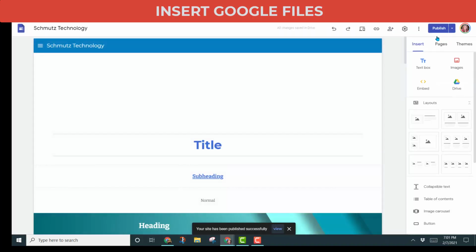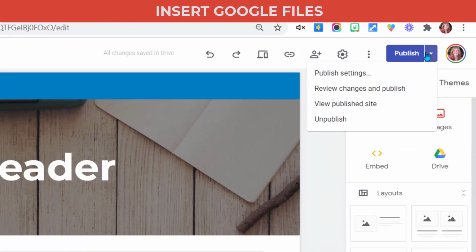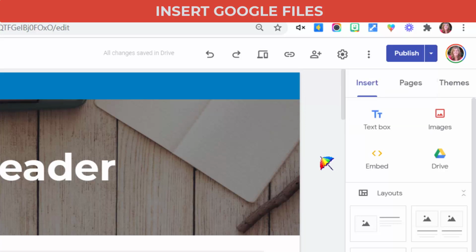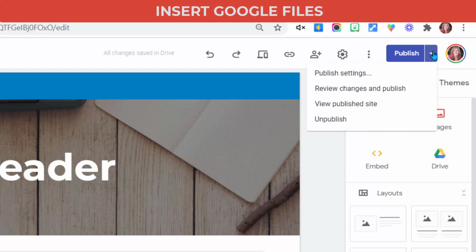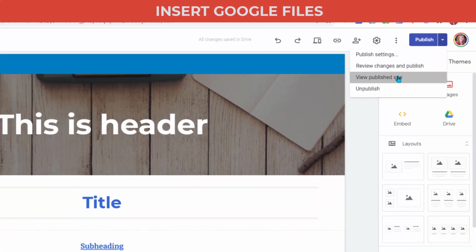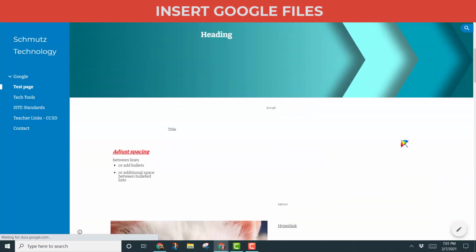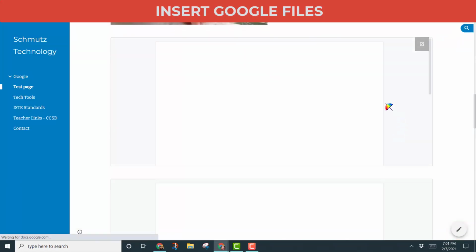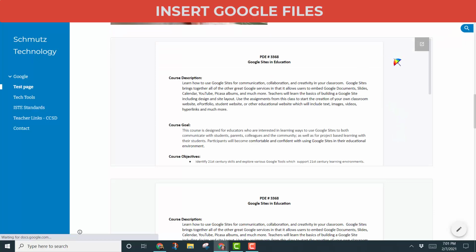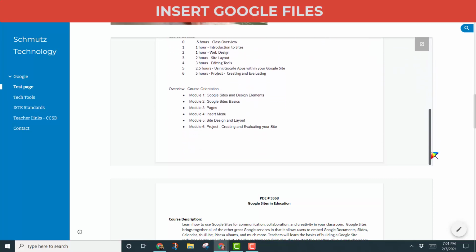The other thing you need to make sure that you check is that you check it in incognito mode, because you're the owner of these files, so you're definitely going to see them. So I'm going to come up here to publish, click on that little drop down arrow, click View Published Site, and let's look at the difference between these. So as I scroll down, this document here was the one that I did not increase the size of. So notice I only see part of the document here, and then as a viewer I have to scroll to